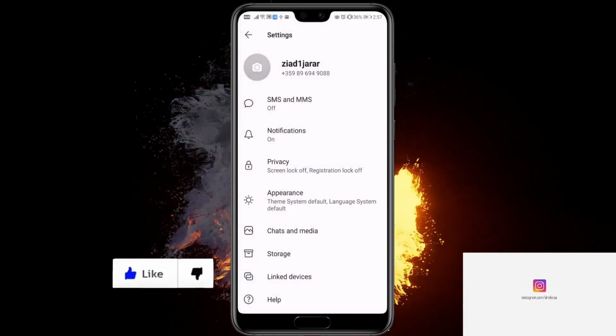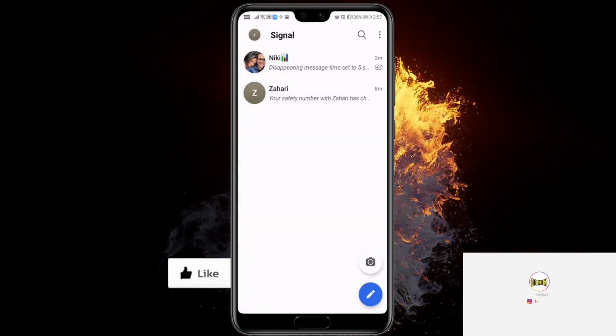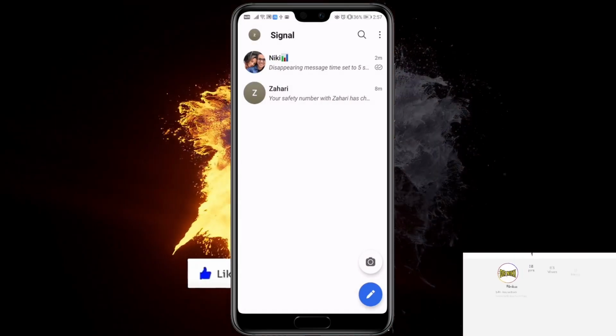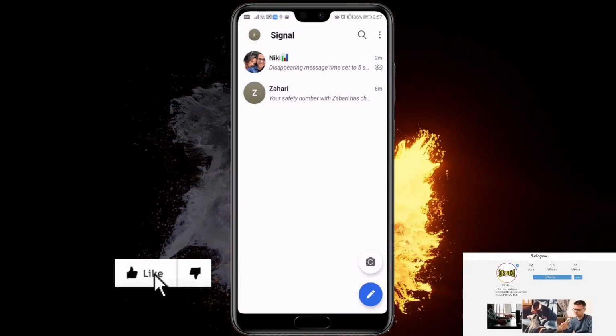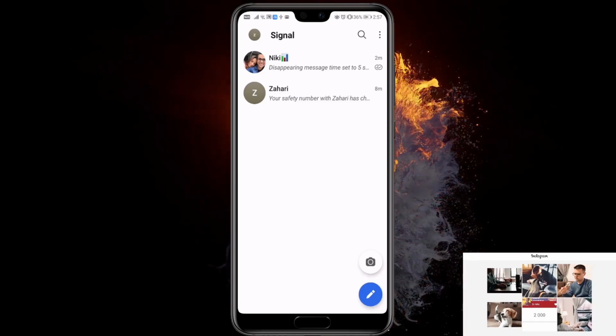And that's basically what the app is all about. It's super simple. It's a really good app because it's most famous for its security, and it's a good alternative